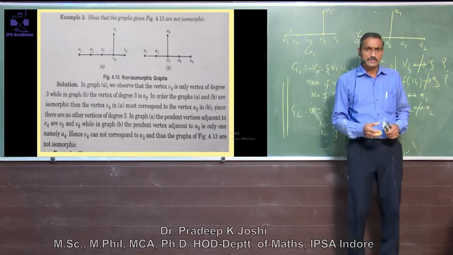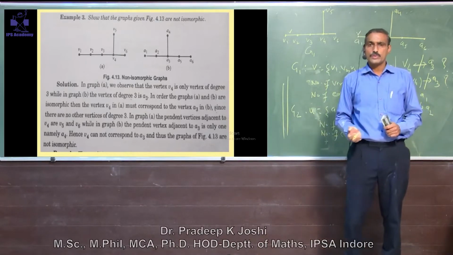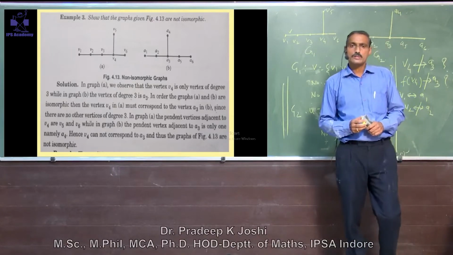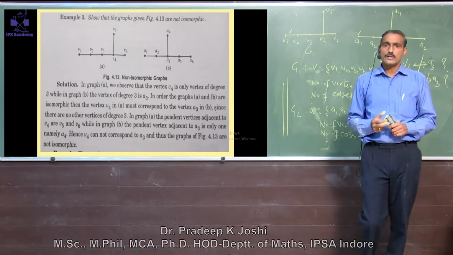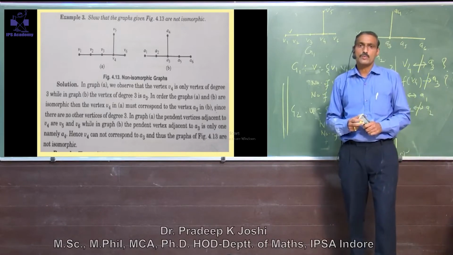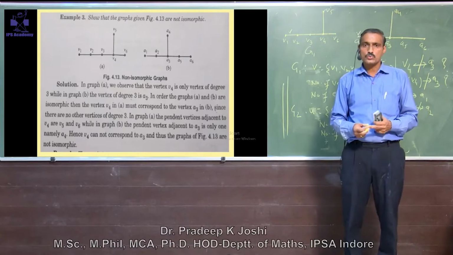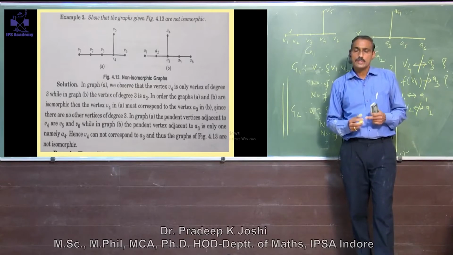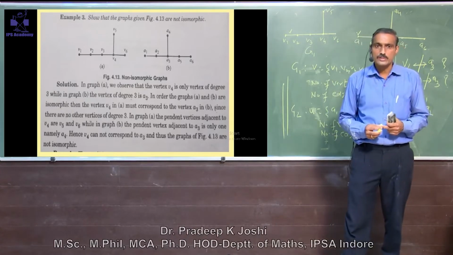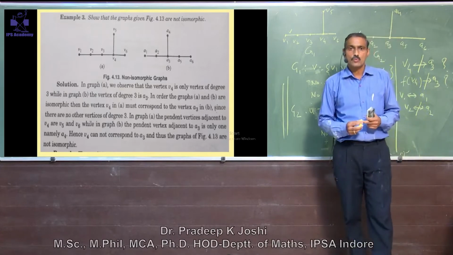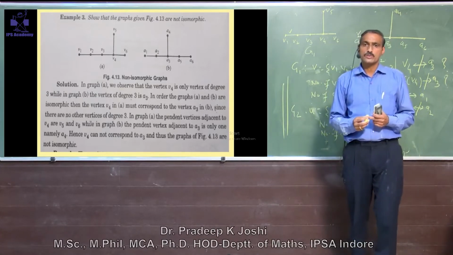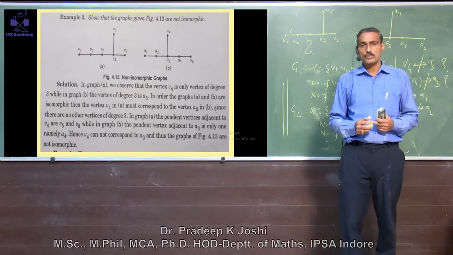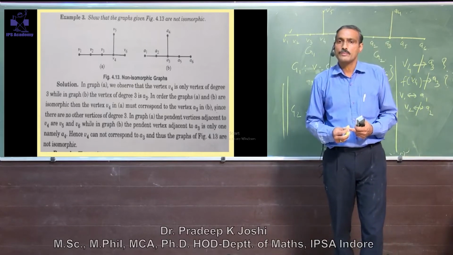Now some theoretical part, which I am just reading. In graph A, we observe that the vertex V4 is the only vertex of degree 3, while in graph B, the vertex of degree 3 is A3. In order for graphs A and B to be isomorphic, the vertex V4 in A must correspond to the vertex A3 in B, since there are no other vertices of degree 3. In graph A, the pendant vertices adjacent to V4 are V5 and V6, while in graph B, the pendant vertex adjacent to A3 is only one, namely A4. Hence, V4 does not correspond to A3, and thus the given graphs are